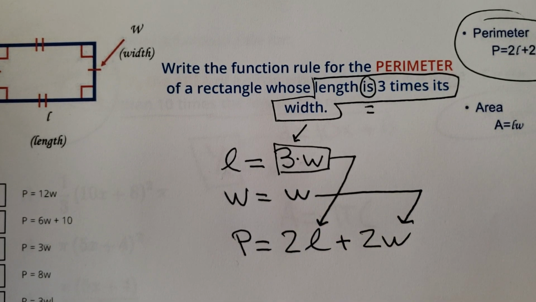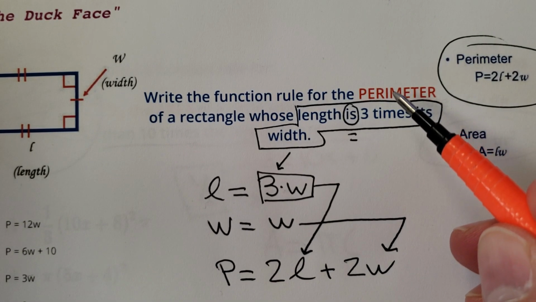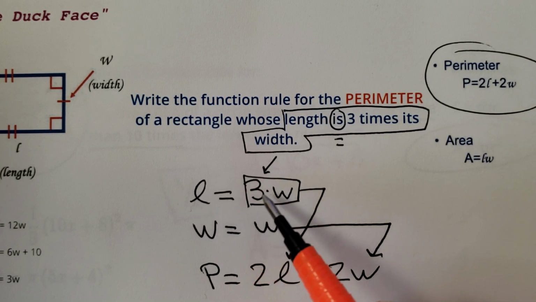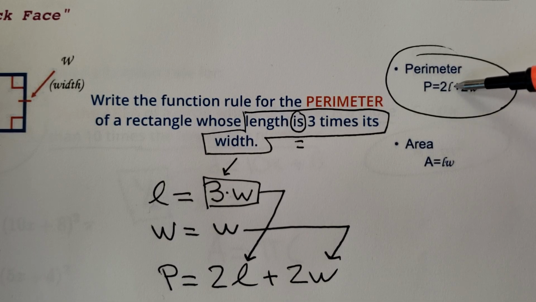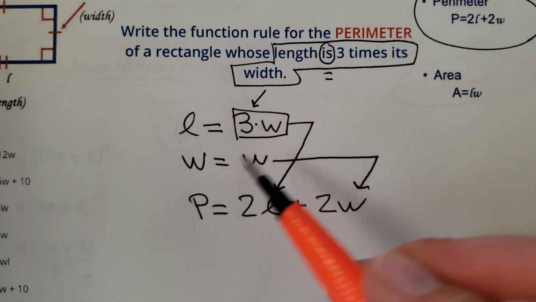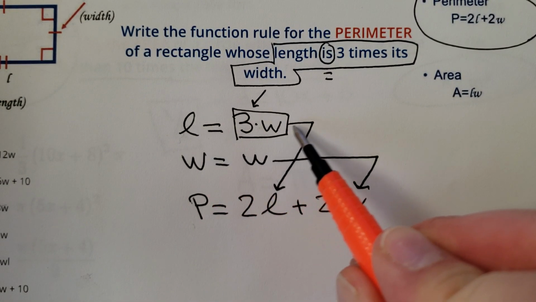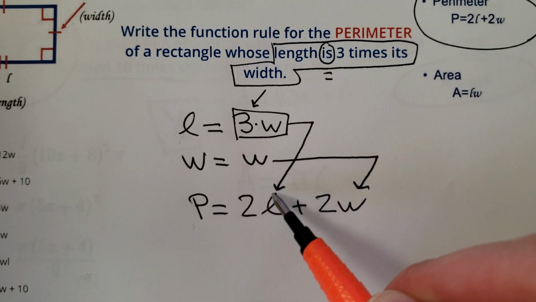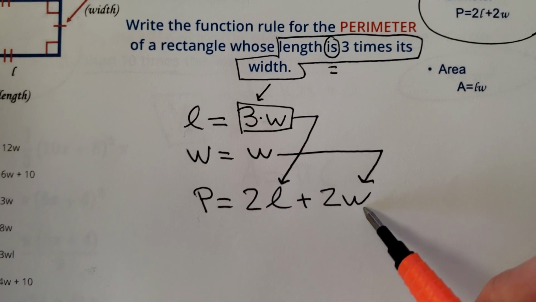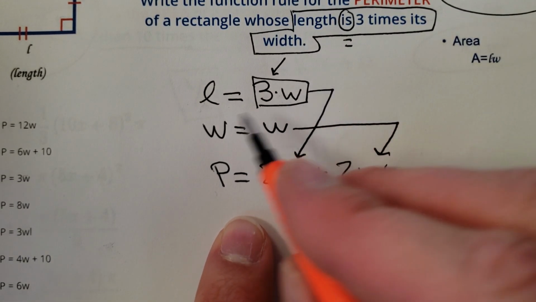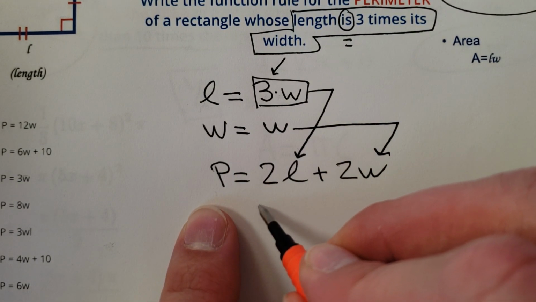All right, so you need to find the perimeter when the length is 3 times the width and the width is just the width. So how do you find perimeter? Well, you need 2 lengths and 2 widths. So what you do, friends, if the length equals 3W, you put 3W in for the length. And then if the W equals a W, you put the W in for W. So that one's kind of easy. So watch this. You actually substitute. So the L comes out and you have 2